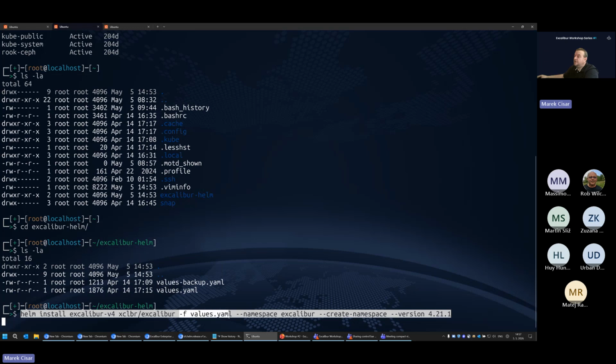I'm using my customizations using my own values file. I want to create a new namespace for the Excalibur since I already deleted the old one. And here is the name of the namespace. So create namespace, and I want to install version 421.1. Let's go.